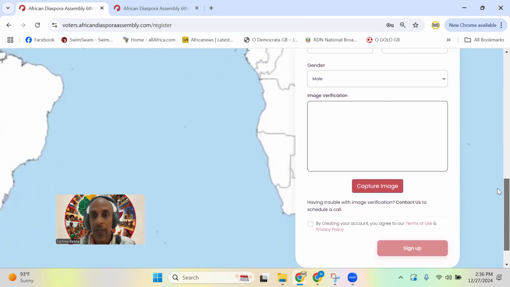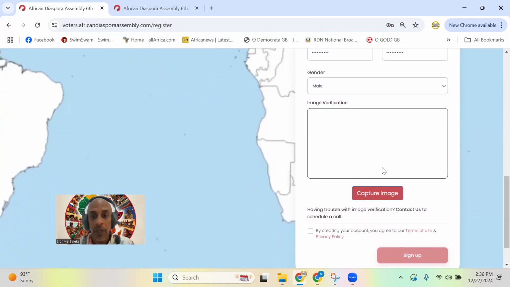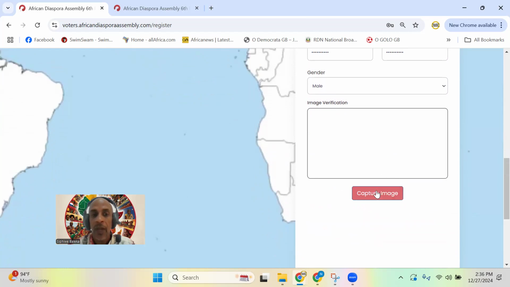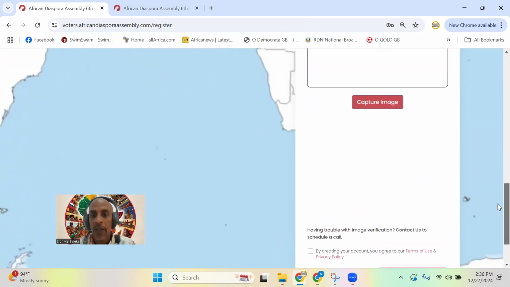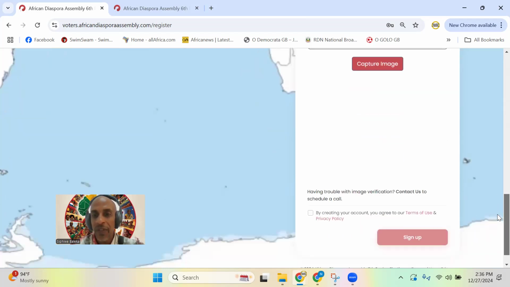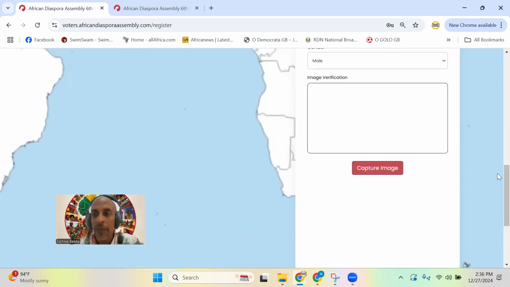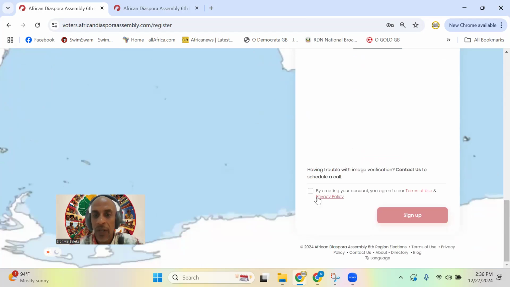It's the image verification. Now, on the computer, it's going to look just like this. You click capture image. Okay. Right now, it's not going to do it because I'm using my camera for this video, so it can't use it for 2 different functions. And then after it captures the image, you're going to click this box, and then you're going to click sign